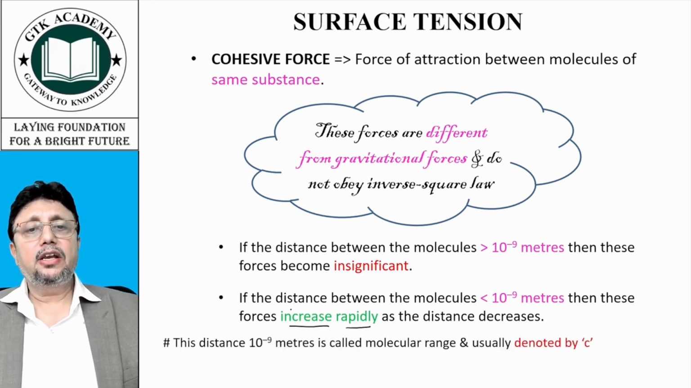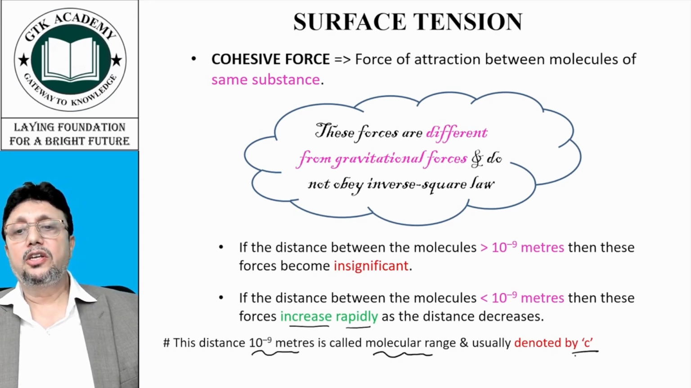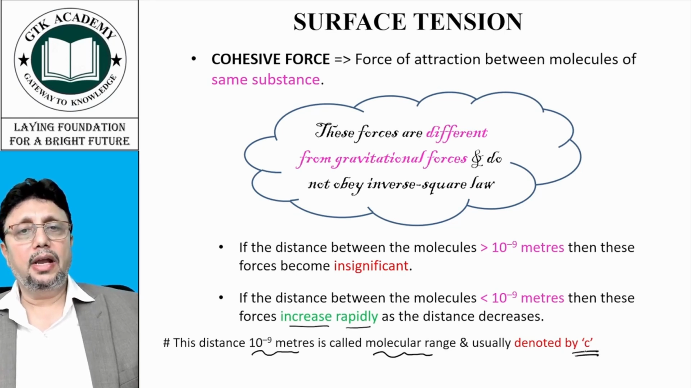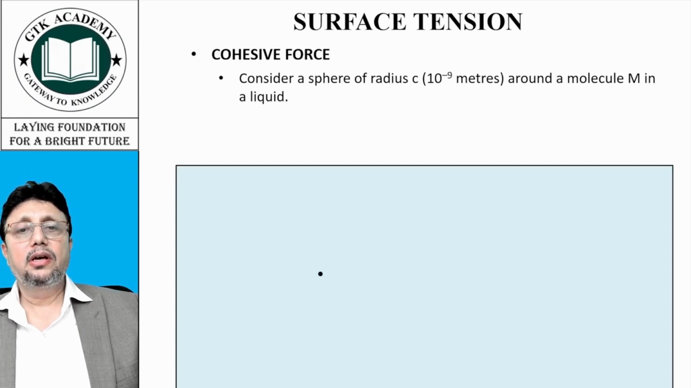Now this distance of 10 raised to the power minus 9 meters is called the molecular range, and it is denoted by C. So henceforth we will use C instead of 10 raised to the power minus 9 meter. Now consider a sphere of radius C around a molecule M in a liquid. Suppose this is a liquid and there is a molecule M. Now if you consider a sphere of radius C,